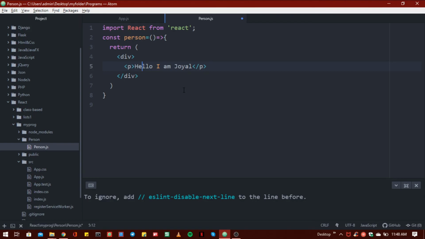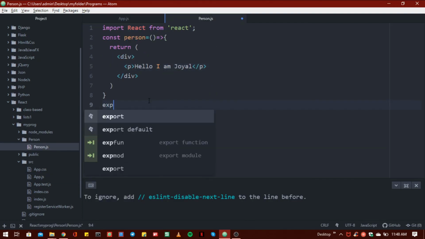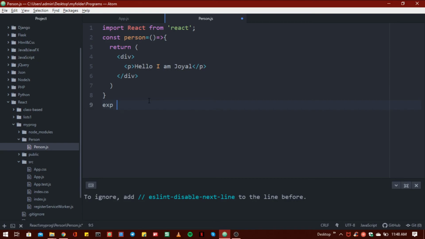And I want to use this person.js inside my app.js file. So first of all we have to export this. So export default person here, so that we can export this function by using this person constant.